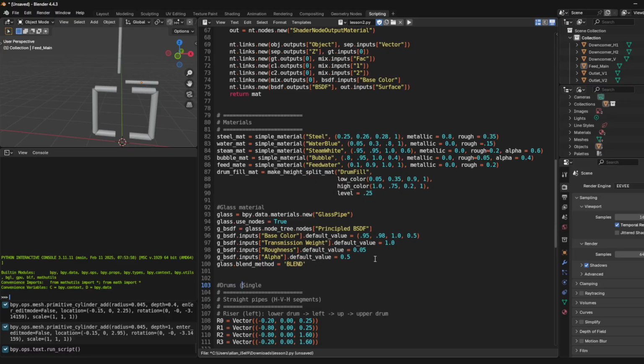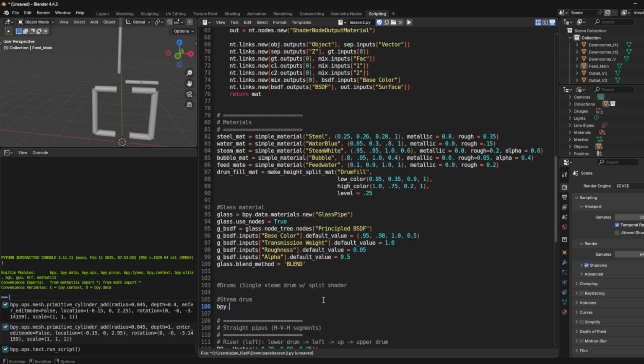Single steam drum with split shader. So split shader is, well, the two colors, right, and the steam drum. So the top one, the one with the steam and the water, bpy.ops.mesh.primitive_uv_sphere_add